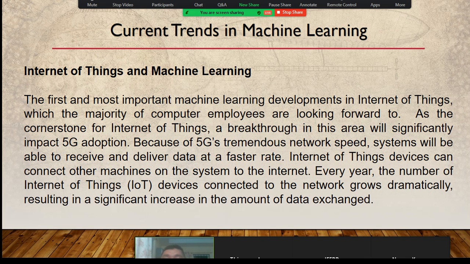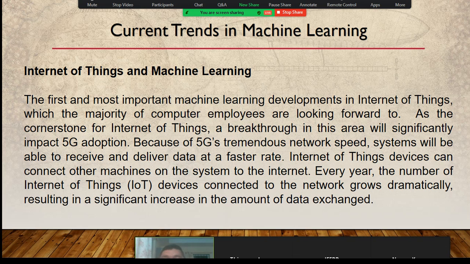So we have here the current trends in machine learning. First, Internet of Things, or IoT, in machine learning. The first and most important machine learning development is the Internet of Things, or IoT, which the majority of computer employees are looking forward to. As the cornerstone of IoT, a breakthrough in this area will significantly